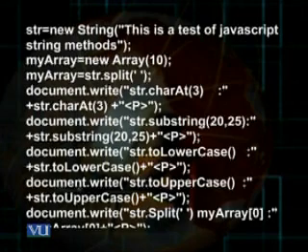So I define this instance with the word str equals new. New is a keyword which I ought to write. And then String. String here is the constructor of the string object. And within the small brackets, I type a string which states, this is a test of JavaScript string methods. So in this fashion, I have created an instance of the string object. Underneath, I create an instance of the array object. And I define this instance by the word myArray equals new. New again is a keyword.